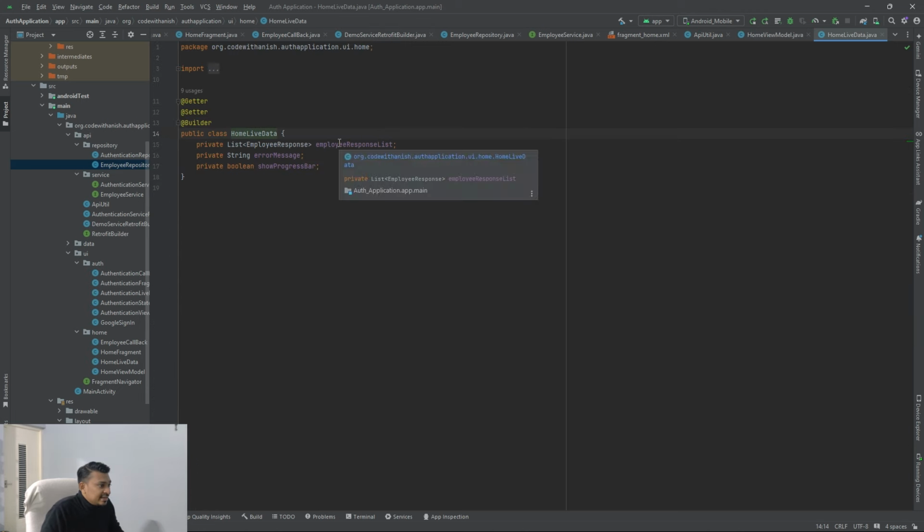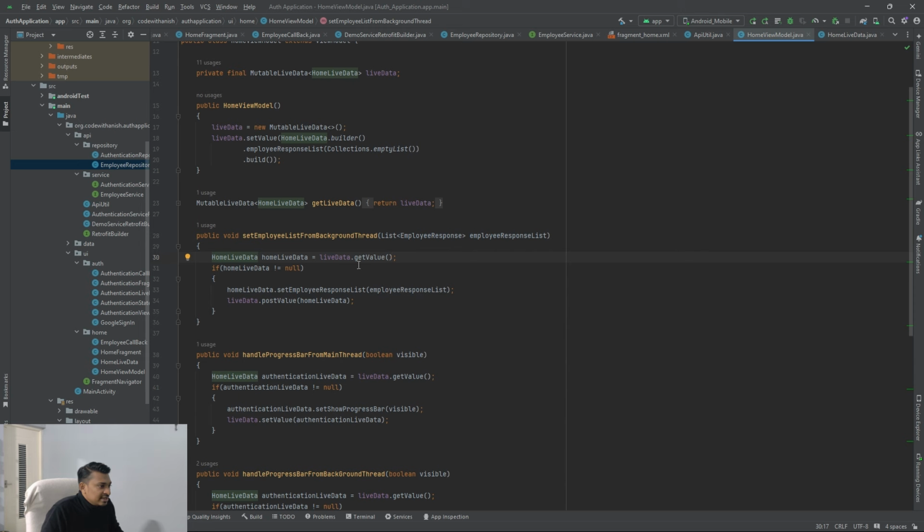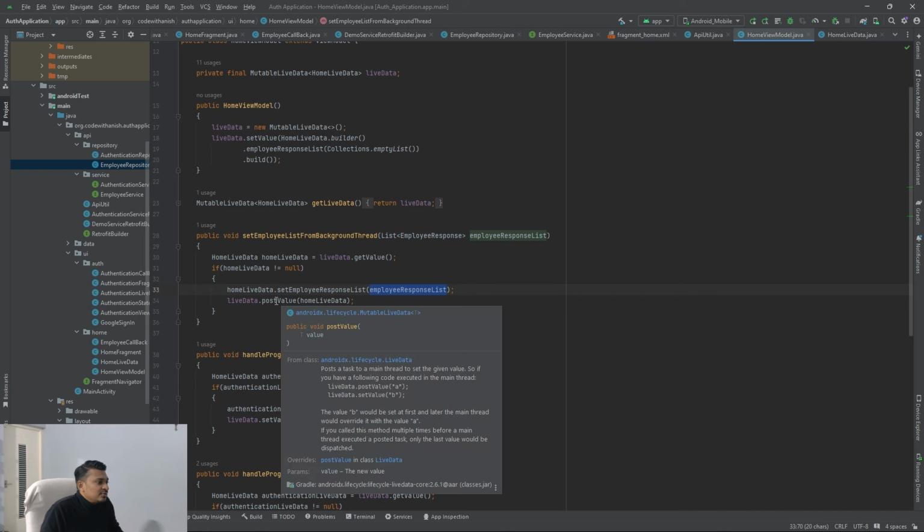So we set that there. So if we got an employee response, we take the already existing value, and in that value we reset the employee response list, which will contain the employee details, and then we call the post value. So once we call the post value,